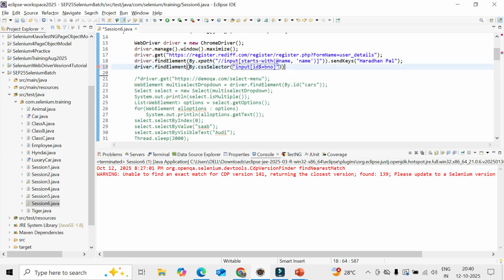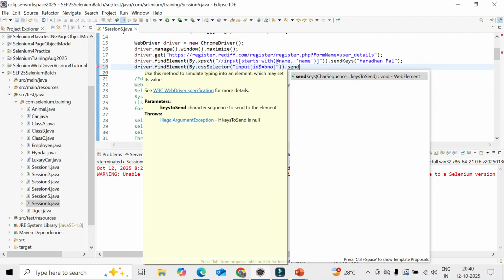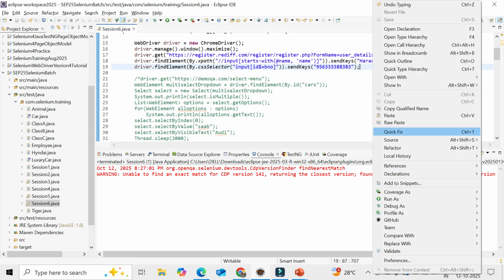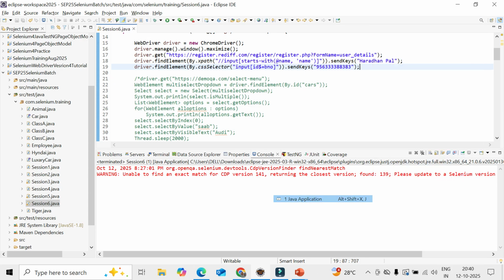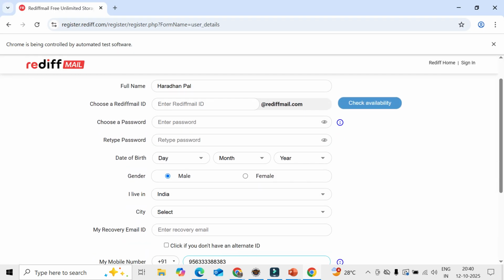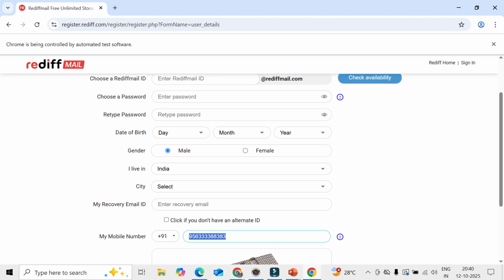Now again it's a text field, so you will use the send keys method and give the value, any number you can give like that. So it'll enter. Let's run the code and let's see what's happening here. Okay, you could see Haradhan Pal also entered, and using CSS this value also entered in the text field